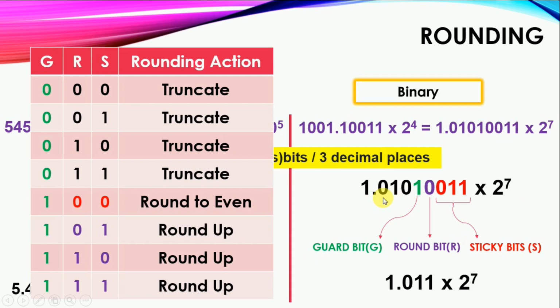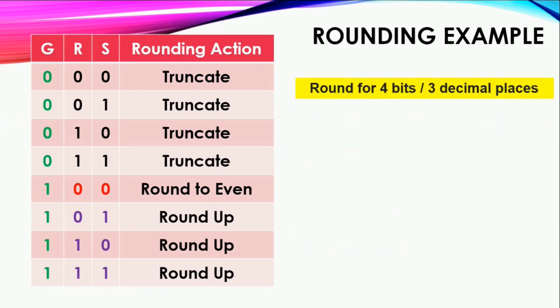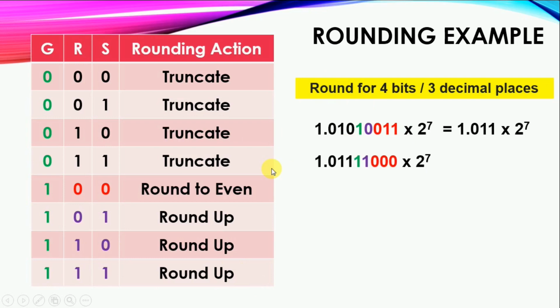We have to keep in mind that the guard bit, round bit and sticky bit are used to improve the accuracy of the calculation while rounding. So we can see some other examples also. All the examples I am going to round to 4 bits. Consider the first example. Here my guard bit is 1 and the round and sticky bit combination is non-zero. So I have to round up by adding logic 1 at the LSB of the bits to be retained. So this is the answer after rounding.